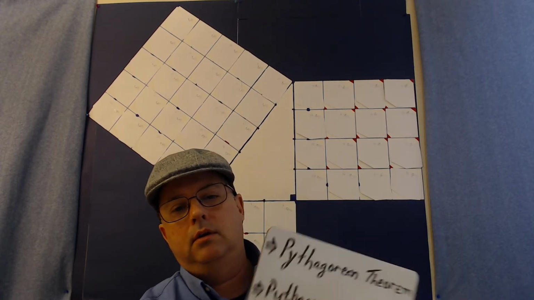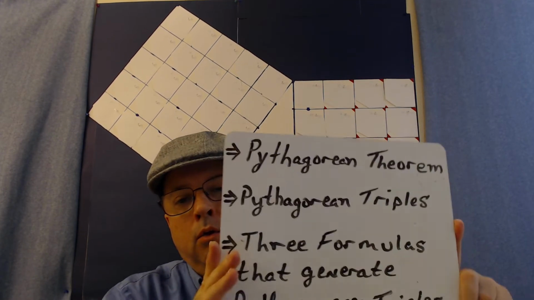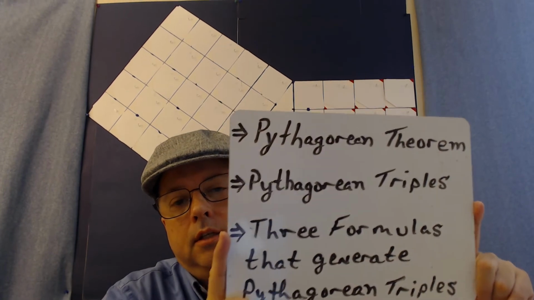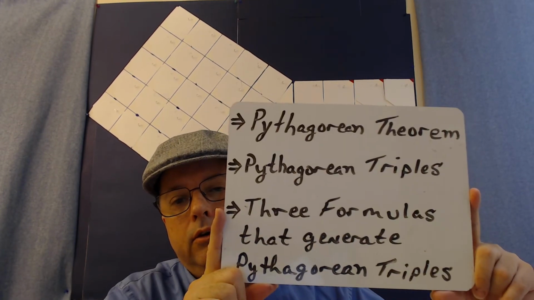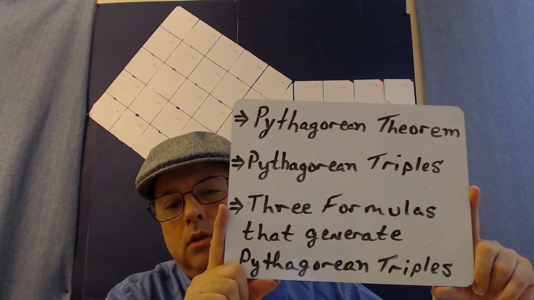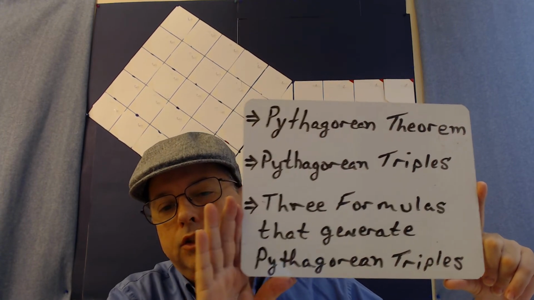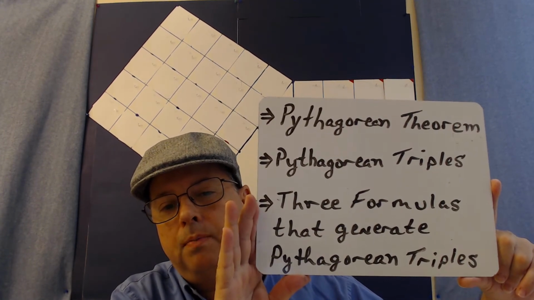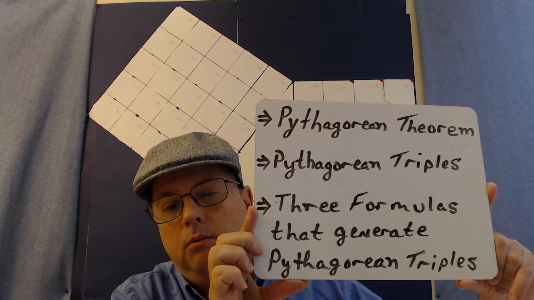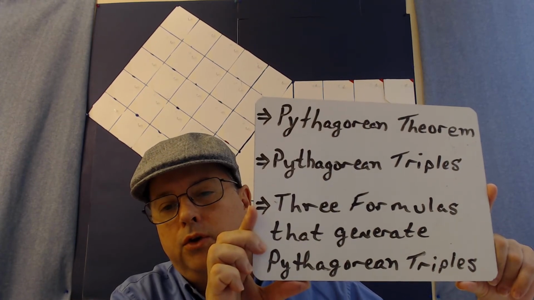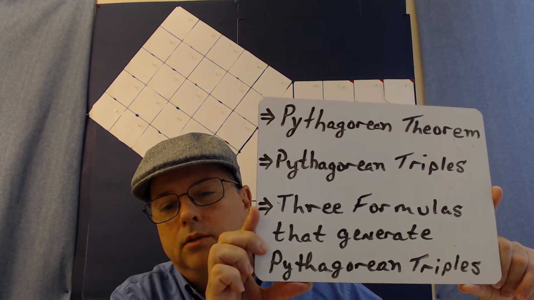And in this second part, we are discussing Pythagorean theorem, Pythagorean triples, and three formulas that generate Pythagorean triples. And so that's where we are, and now we're starting the first of the three formulas that generate Pythagorean triples